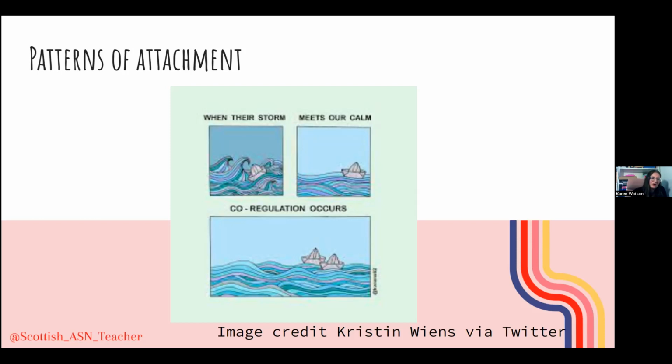But to do that, they need someone that they feel really safe with, and they feel safe to show different emotions. Because if you imagine a child who is anything other than secure attachment, they may be scared to show different emotions because they don't know how predictable their primary caregiver is going to be in that situation. Are they going to outright reject them for showing emotion? Are they going to show a negative response? Are they going to be punitive about it? They just don't know. And it's that unreliability and that unpredictability that really leaves that child quite emotionally unstable, and they don't have a good grounding for that.